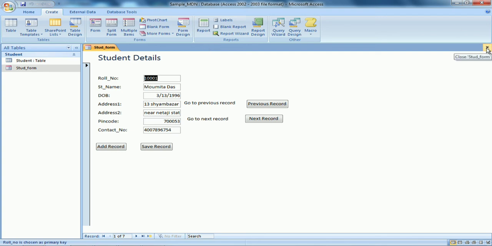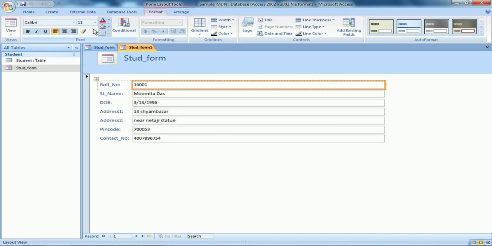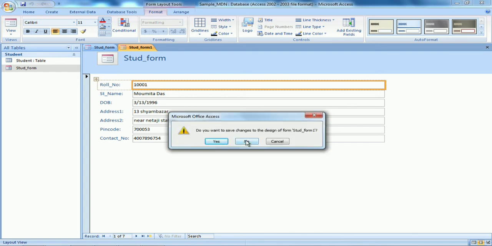I hope in other tables you will be able to create this type of form with adding records, adding buttons, all those things. Adding records from the form: so long we had done adding records from the table. Now we can add records or record details from the form itself. Now what is this form about? This way if you want to see.